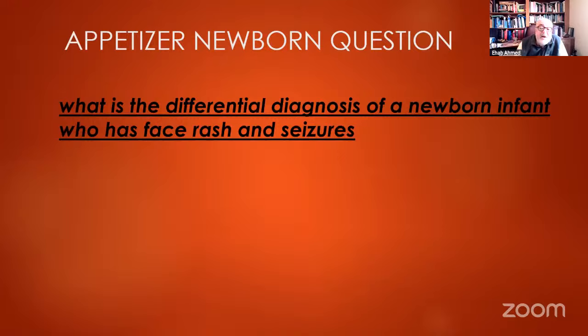We have port wine stain in the distribution of the trigeminal nerve. We have eye involvement, mostly glaucoma, and we have intracranial leptomeningeal problems that can cause seizures. And then comes after Sturge-Weber,